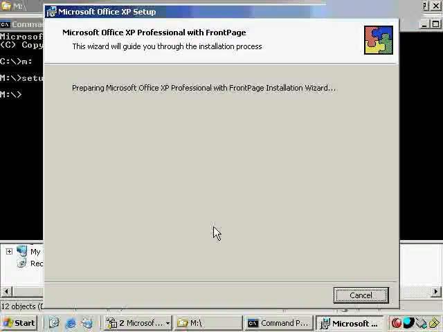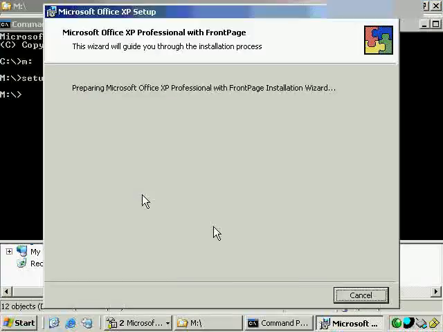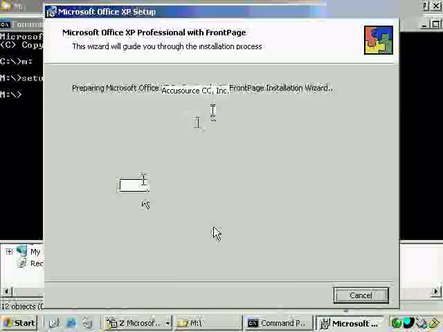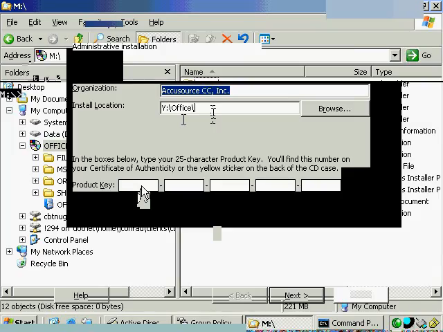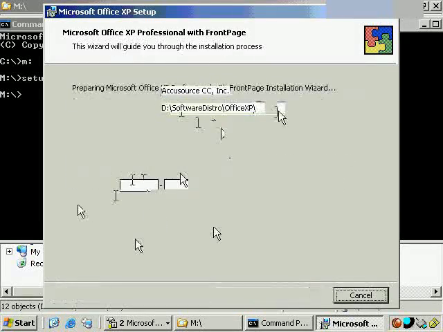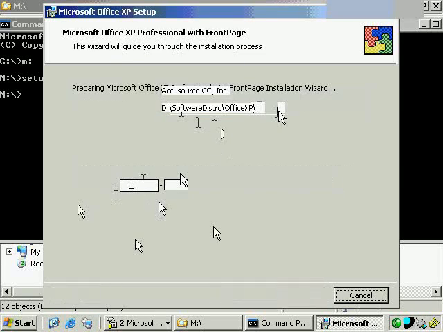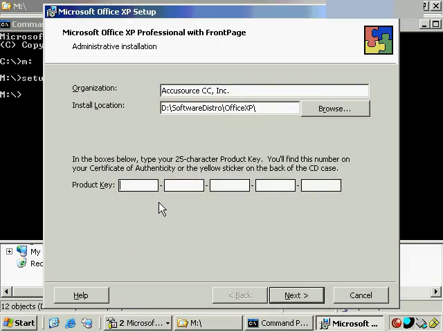Now, having done that, it's going to launch setup for me, and it's going to package it along with the product key and a destination location of my choice. So I'm going to go ahead and designate this location for the software destination, and then I'm going to enter in a product key. And no, I'm not going to do it in front of you. I know how you people are. Pretty soon I'll have my volume license keys all over the internet. So I'm going to go ahead and put that in offline, and then I'll go ahead and click on next,